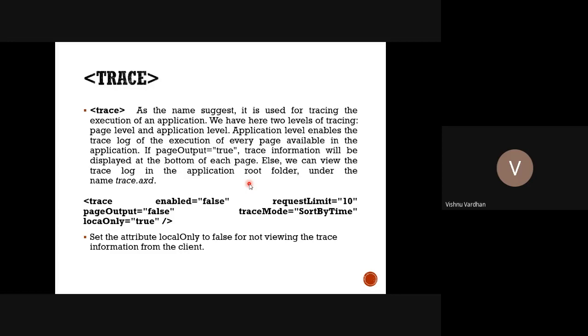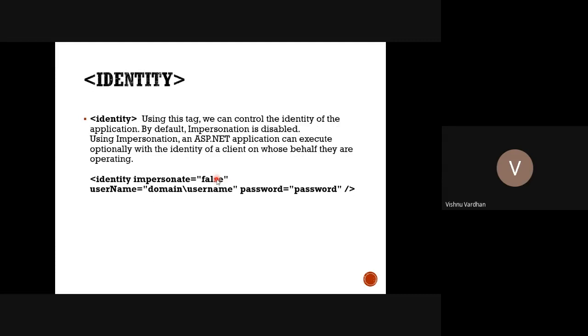One more element is trace, to see all the information that is debugged. Okay, so like in the case of the debugged information, we can trace every part of element that is available on that response stream that we can see in the practical slot. Similarly, identity is there. Identity we can provide, like impersonation we can use. Impersonation means we can simulate as if we are the authenticated users.